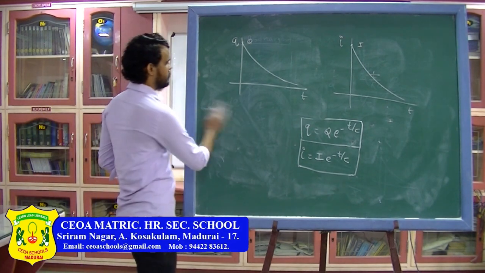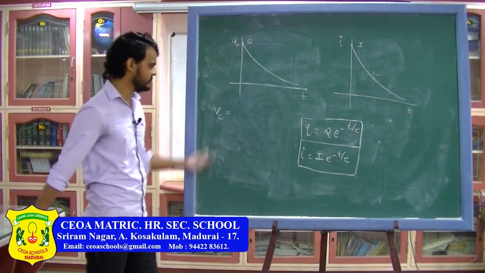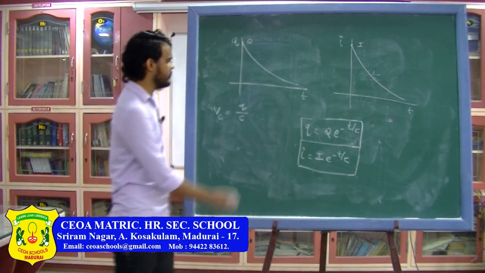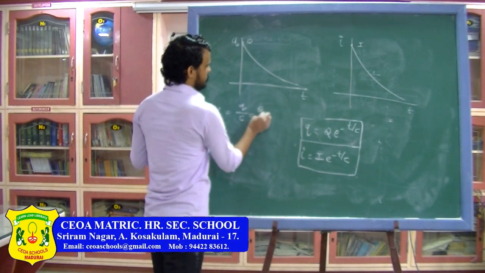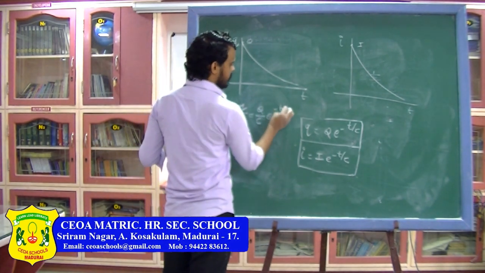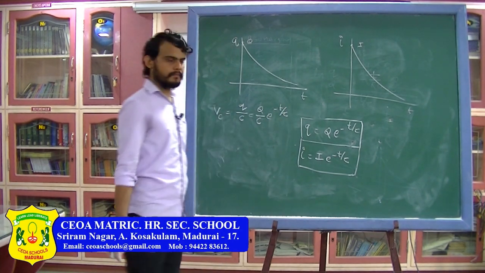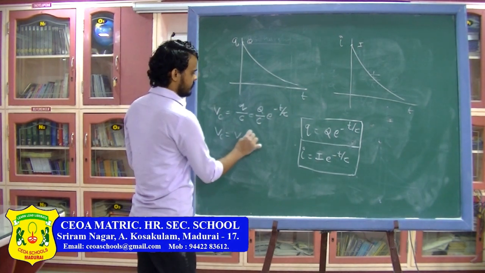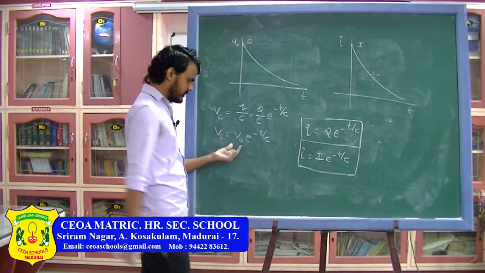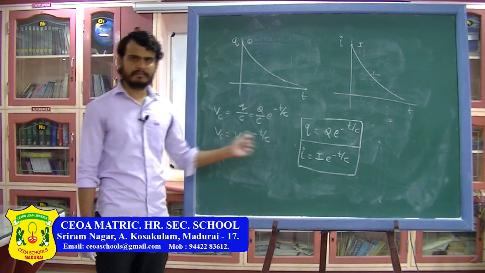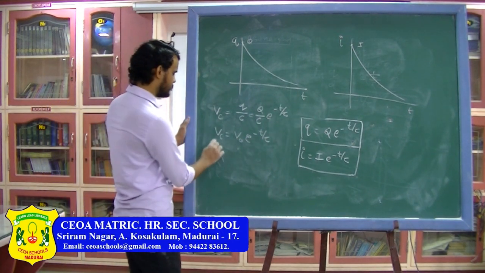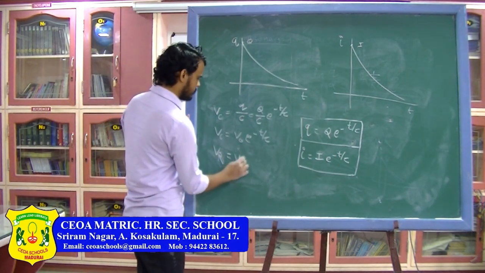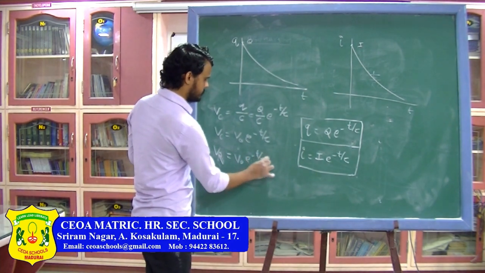If you want to find the potential across the capacitor at any time, it can be written as q by C. So this q by C you can find from here, it will give you Q by C e power minus t by tau, and this Q by C is V naught. So this can be written as Vc is equal to V naught e power minus t by tau. Here remember V naught is the initial potential across the capacitor. Similarly, you can write the potential across the resistance, since the potential across the capacitor is the same. So this can be written as V naught e power minus t by tau.